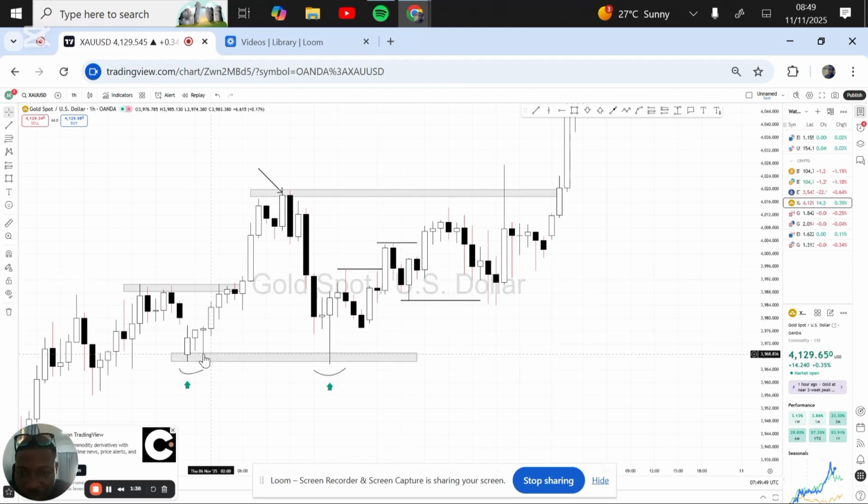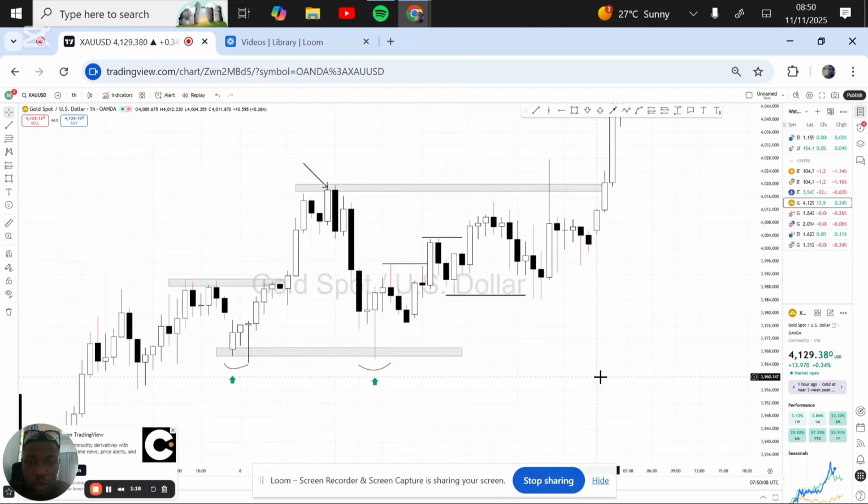So pay attention to this market. After price tapped this higher low and did not break it, internal structure started making higher highs, higher low, higher high, higher low, higher high. I said, wow. And with all these higher highs and higher lows, I had not seen my edge, my entry. There was no entry here. I waited. After this last higher high, remember, this was just internal structure. This is the main structure.